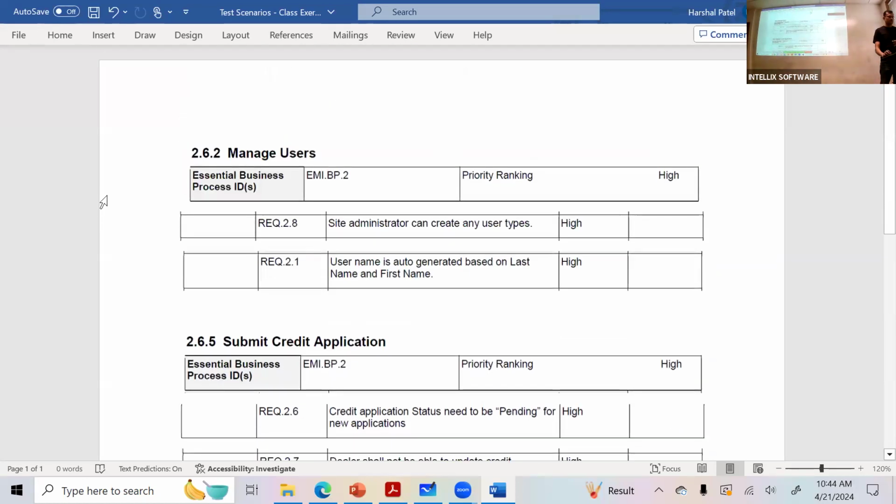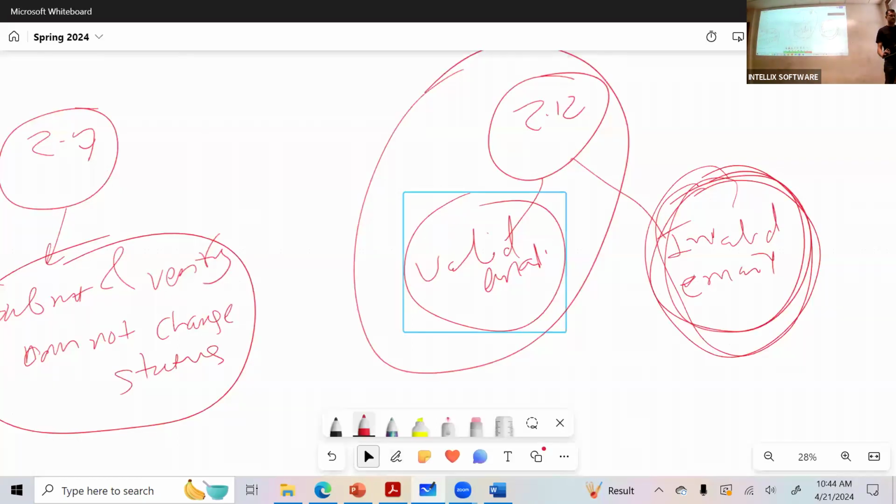Alright, so I think one more item we have is REQ 2.1. Username is auto-generated based on last name and first name. That's the one I asked you guys about as well. So let's see what you guys have.